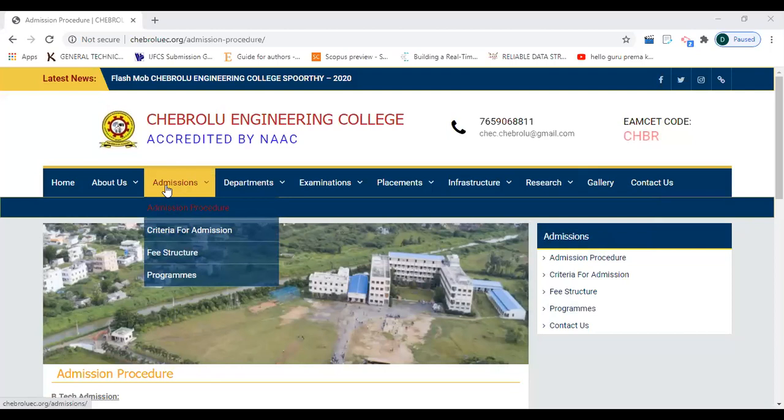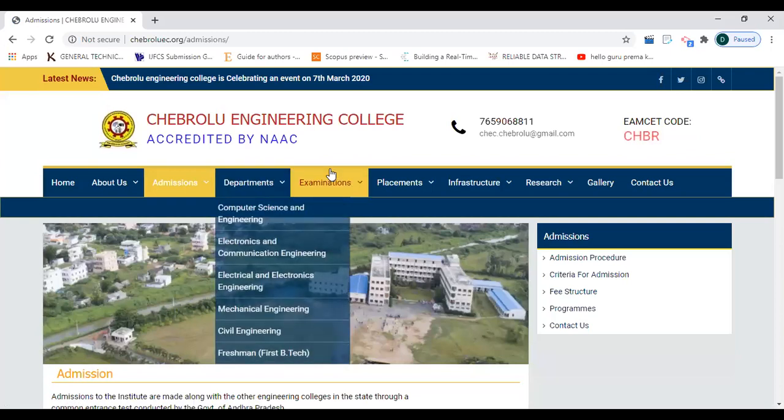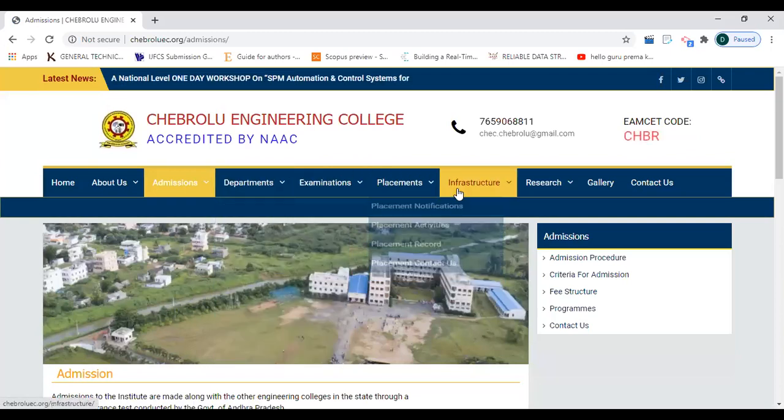What is the actual description of the admissions page? If you think here, there are home, about us, admissions, and other departments, examinations, placements, infrastructure, research, gallery, contacts.